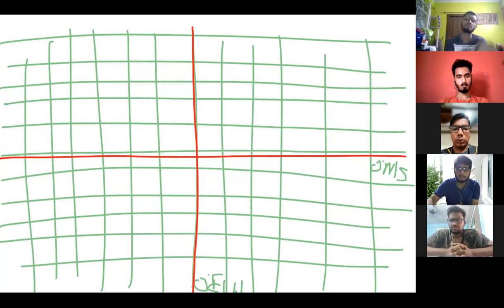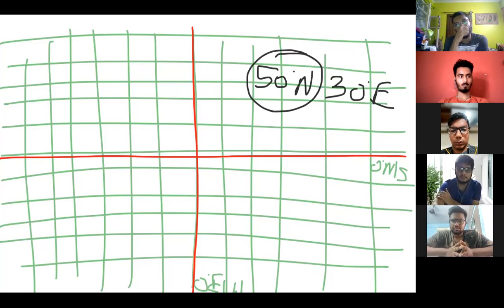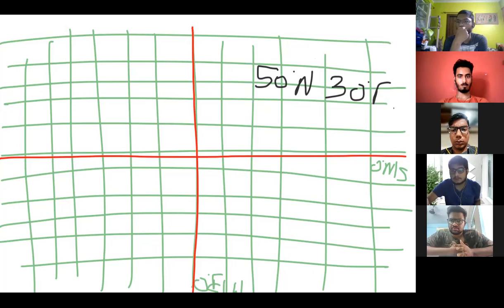Vikram, can you tell me where would be 30 degrees north and 50 degrees east? To the left or to the right, whichever point. So let's plot the first point. If I say a coordinate that is 50 degrees north and 30 degrees east, Anurag, what do you think the first point will be on? The upper side or the lower side, or maybe left or maybe right? Yeah, Vikram, tell me. Right and upper side. Right and upper side. Okay. So you told the whole position. So it's fine. You understood the point, right?